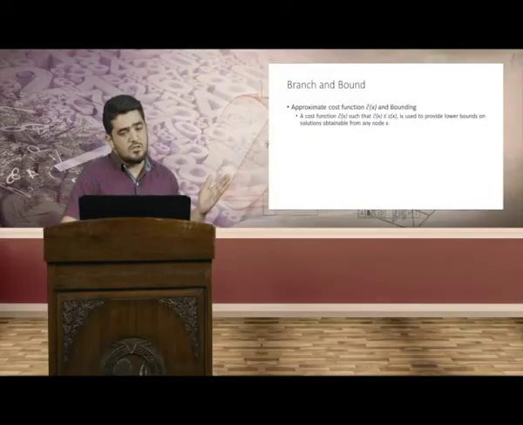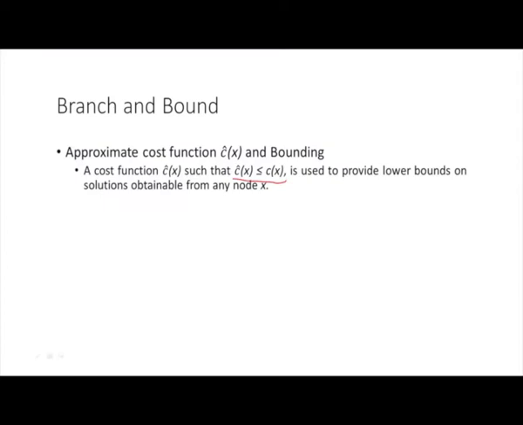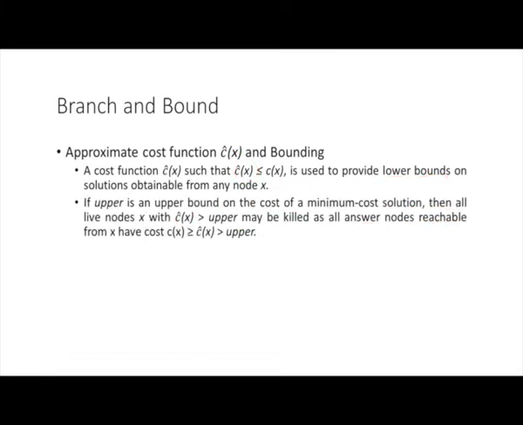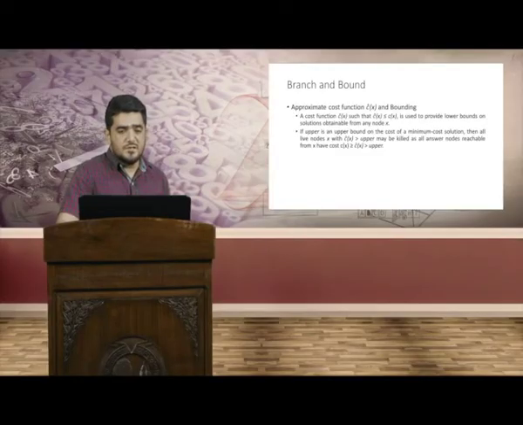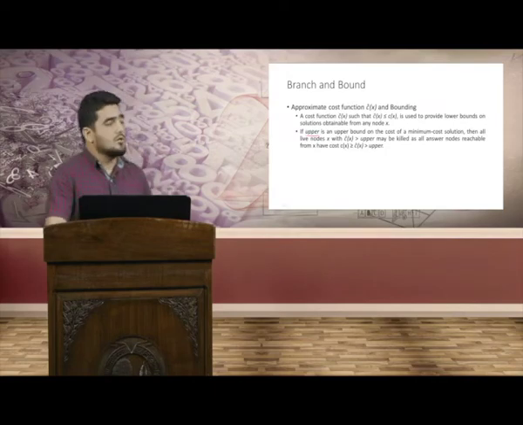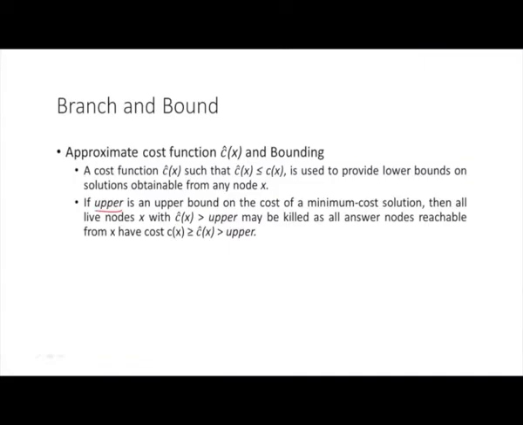So as I said earlier, the cost function is such that the approximate cost has to be less than or equal to the actual cost at that particular node. And this approximate cost function is used to provide the lower bounds on the solutions obtainable from any node x. Now we also use a notion of an upper bound on the cost of a minimum cost solution. So let's suppose that there is an upper bound on the cost of a minimum cost solution, then for all the live nodes, for example in our queue, let's suppose we are using a breadth first search solution, for any node x belonging to the list of active nodes, this approximate cost function gives a value which